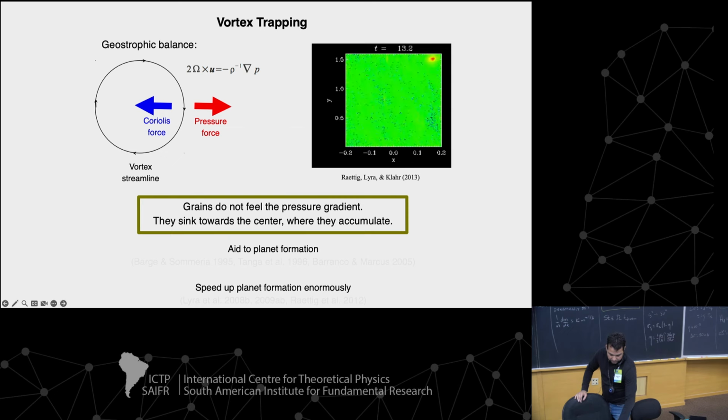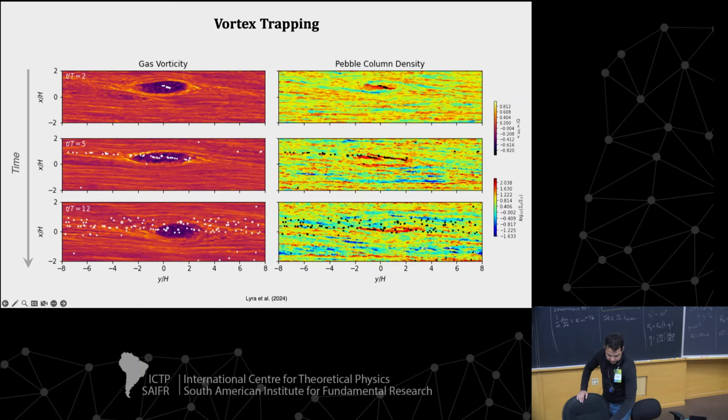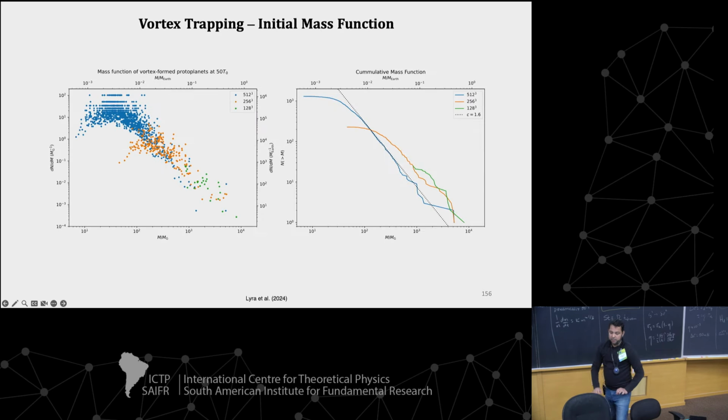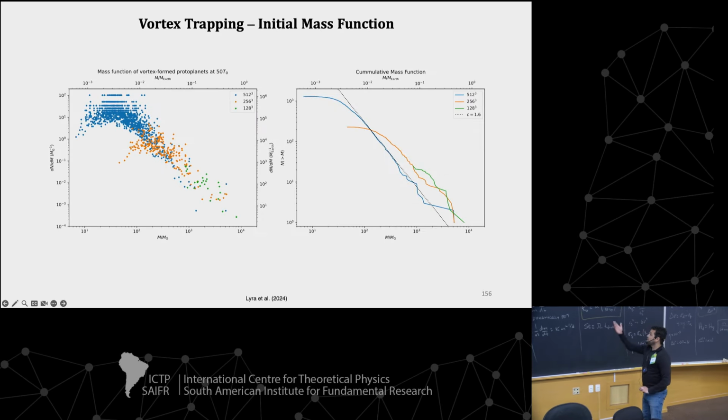I don't want to give a full class about that now since we need to go to the coffee break. But long story short, you can actually form very big objects very fast by trapping the dust in these vortex structures. I just published a paper that shows the planets that you find in this case. So this is planet formation in these vortices, and you get very high mass planets, actually approaching the